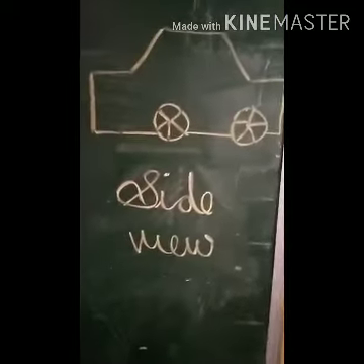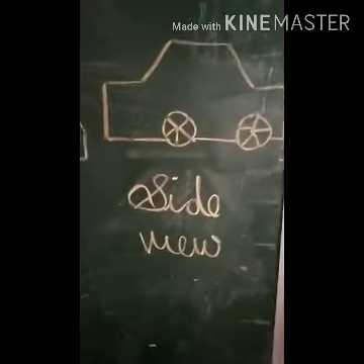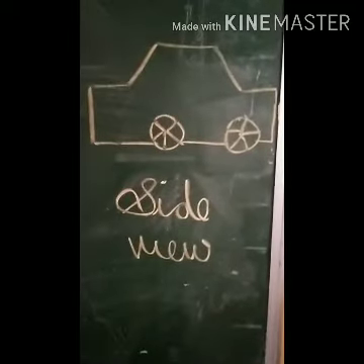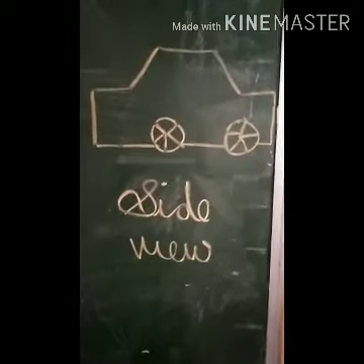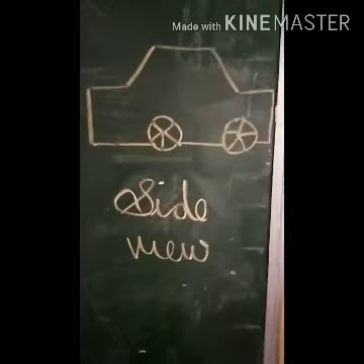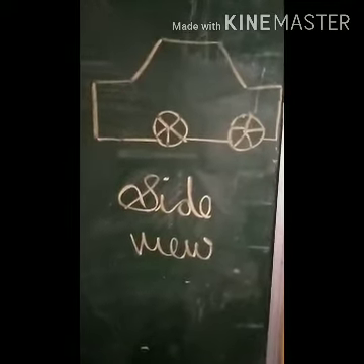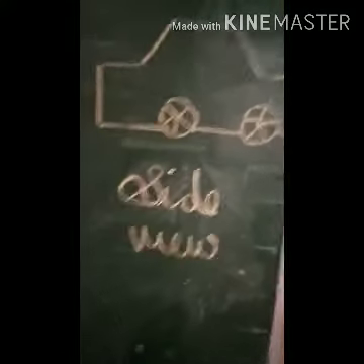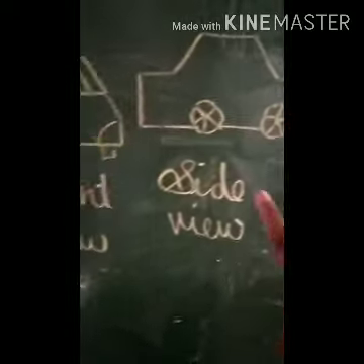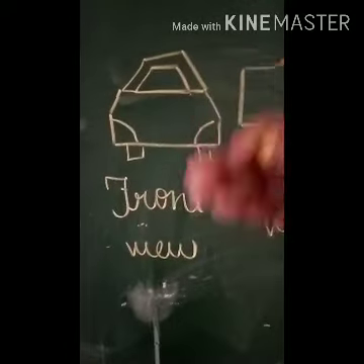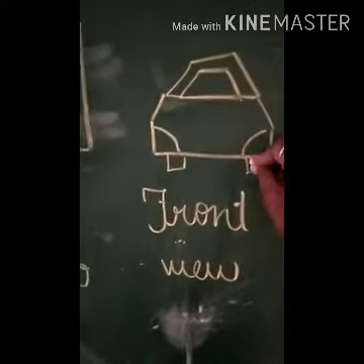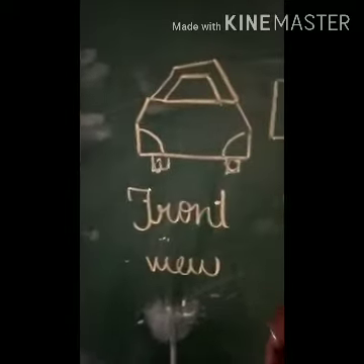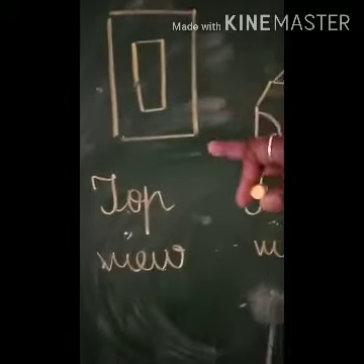What is this? Yes, if you see any one object, you can identify it, no? If you see this board, if you think of it as a car, yes, the view of an object, side view. This is a car. Then this is the front view of the car. Then this is the top view of the car.